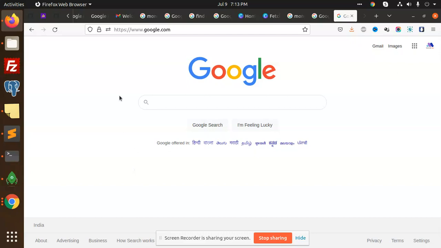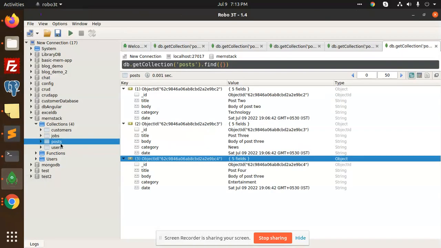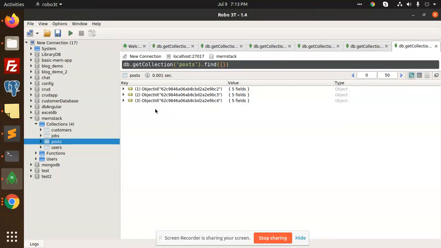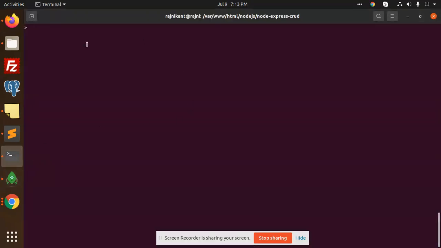Okay, so let's get started. So to find what, currently you can see that in the posts we have three rows, right? So how are we going to find all this collection's records from the console of this Mongo shell? So what we have to write is db dot,